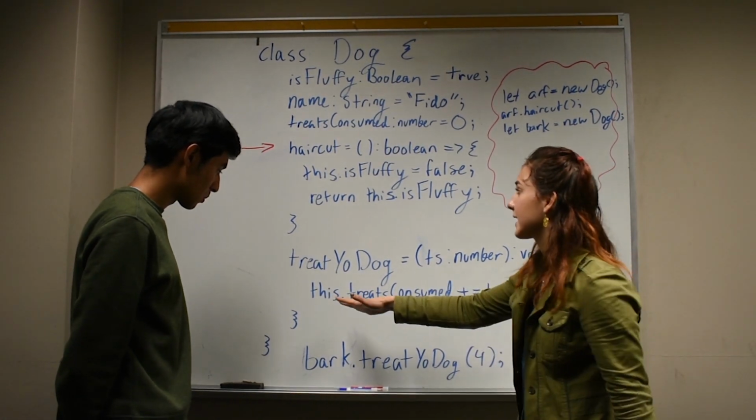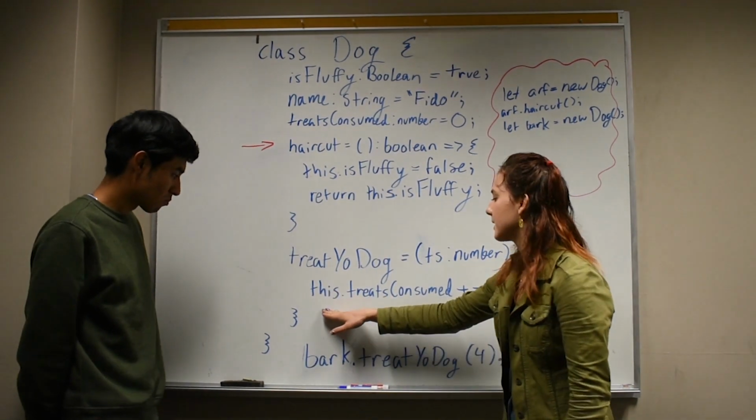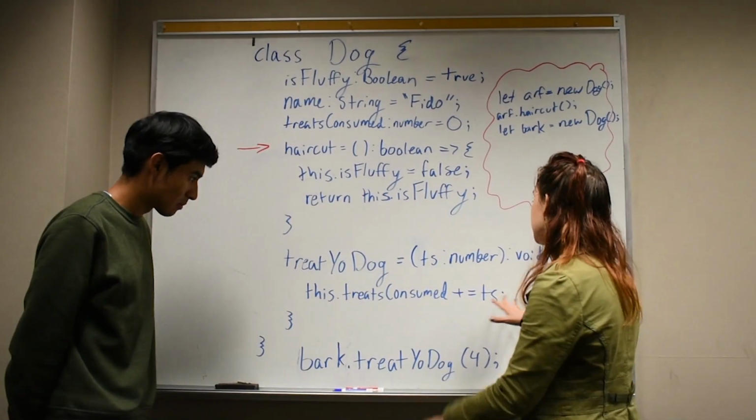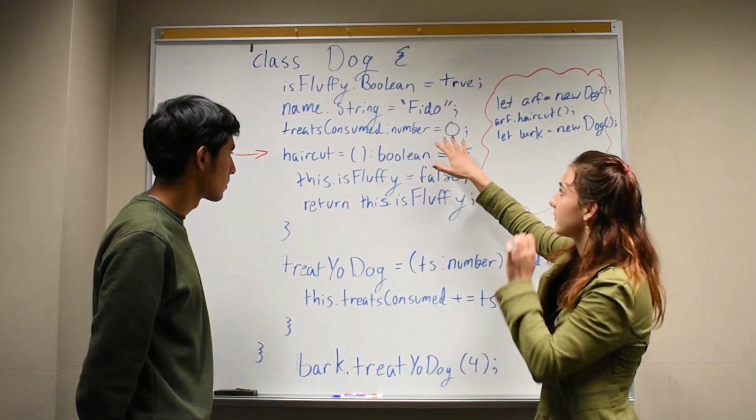Again, like before, we can just pretend that this is being replaced by bark. So we would say bark's treatsConsumed property is increasing by 4. So now our treatsConsumed property for bark would be